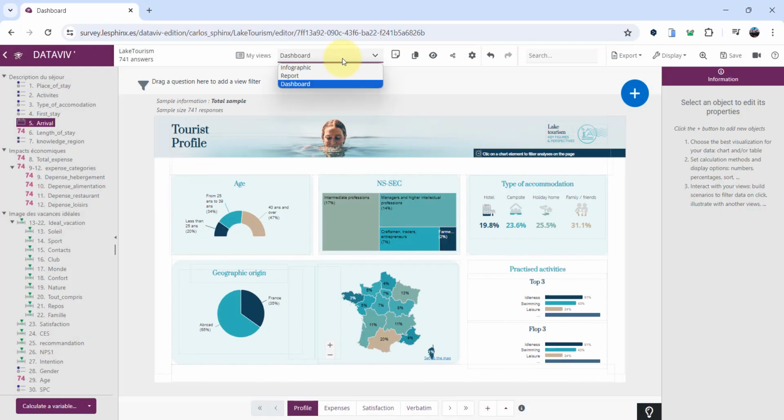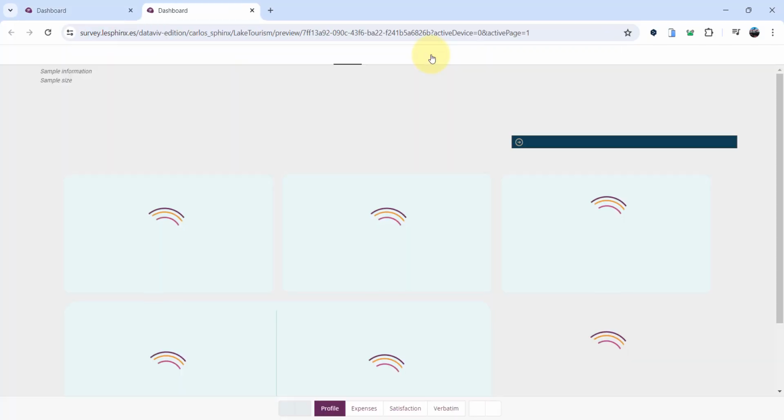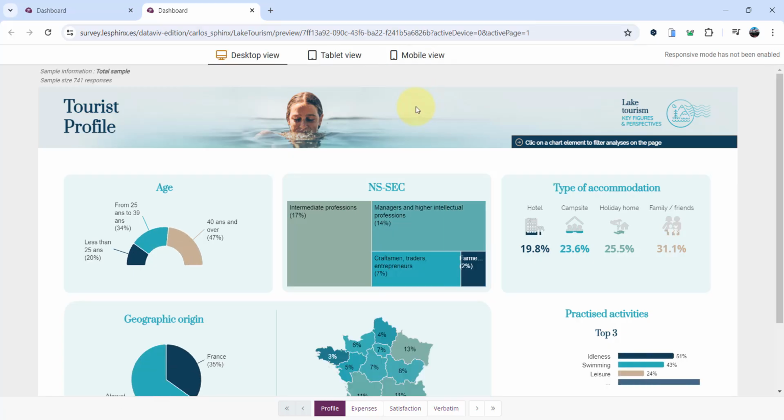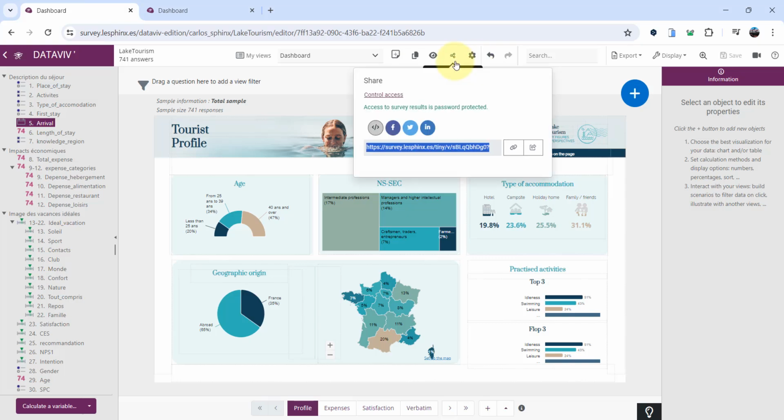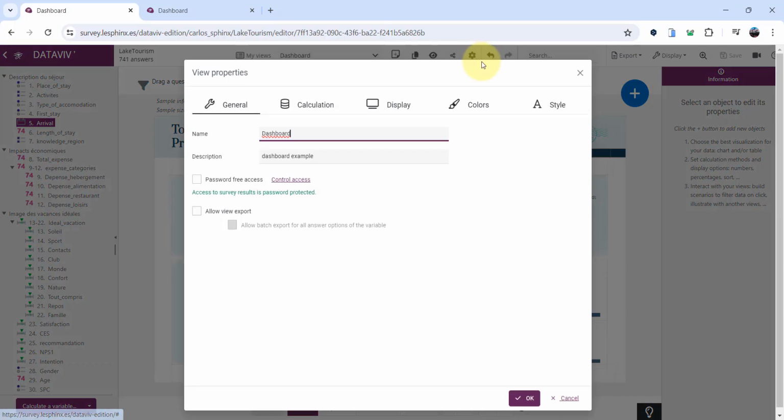Now this drop-down menu allows me to navigate to different visualizations I've created, and here I can create a new visualization. This is the preview button to see what the dashboard looks like, and if I click here I can share the link and set a password as well. Then this is properties,